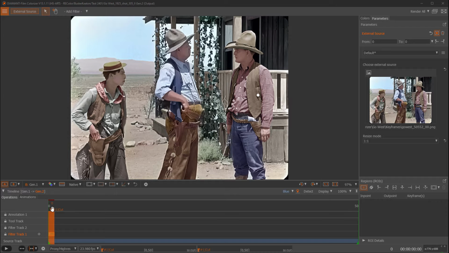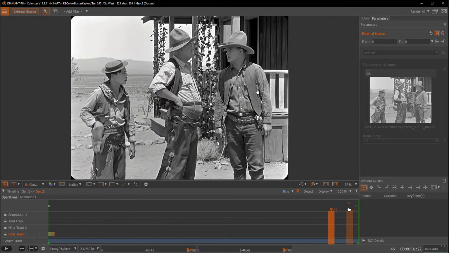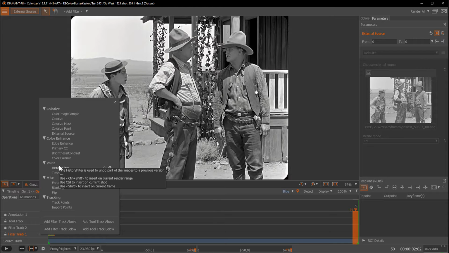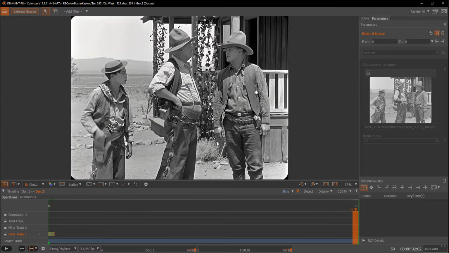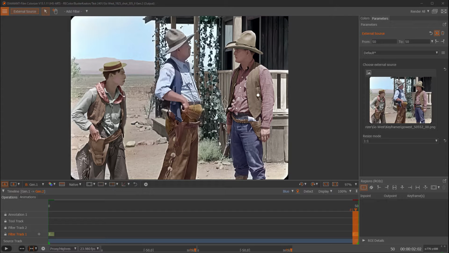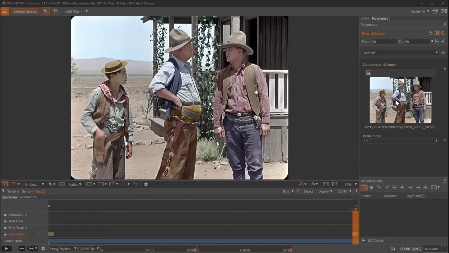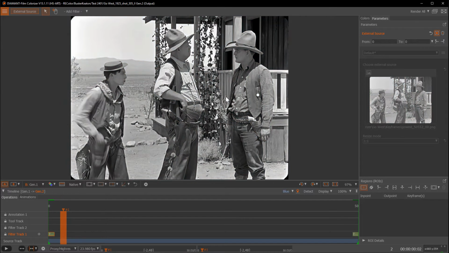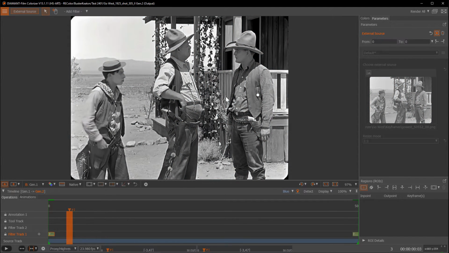Okay, and luckily I have a reference frame on the last one as well. So I put in another external source with the second reference frame. So when we toggle before after, we see here now, okay, colorized, and this one colorized. That's nice. But there are still a lot of frames in between which are not colorized, and that's actually